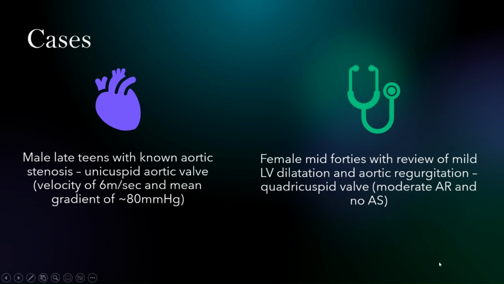There are a couple of cases I'm going to show today. One is a male in his late teens who's known to have some aortic stenosis in this review. In the actual assessment, he did have a velocity of approximately 6 meters per second across the aortic valve, so a very high mean gradient. In comparison, we've got a female in the mid-40s who's known to have some dilatation and aortic